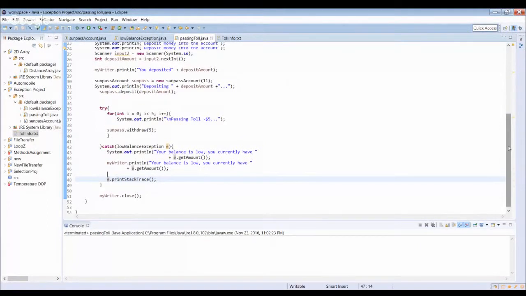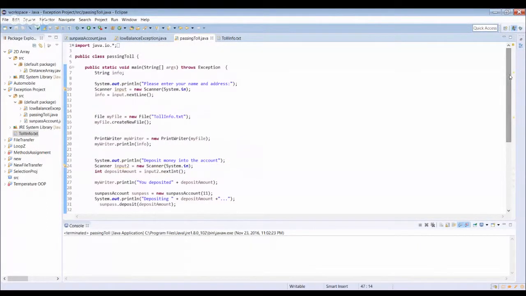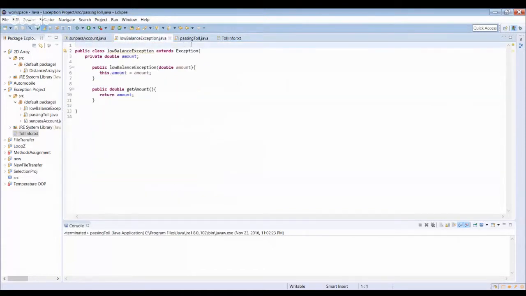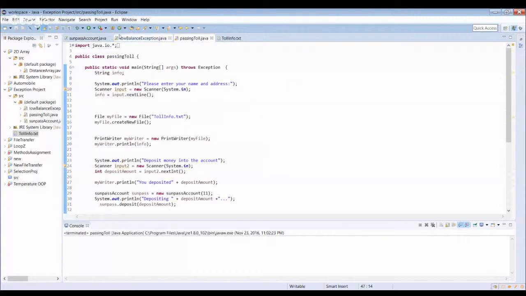Okay, this is my exceptions project. So I created three classes: SunPass, low balance exception, and pass and toll. Pass and toll has main in it. So first I created a string called info, and I prompt the user to enter a